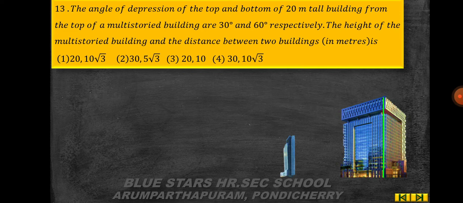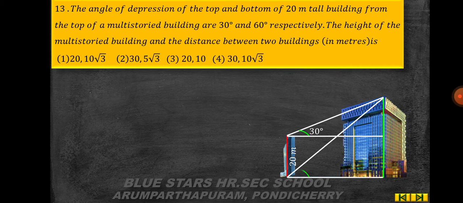So there are two buildings. The height of the small building is 20 meter. Then join the line from the top of the big building to the small building. Then the angle of elevation is 30 degree. Then join the line, the angle of depression from the top of the building to the bottom of the small building is 60 degree. So then make the points as A, B, C, D